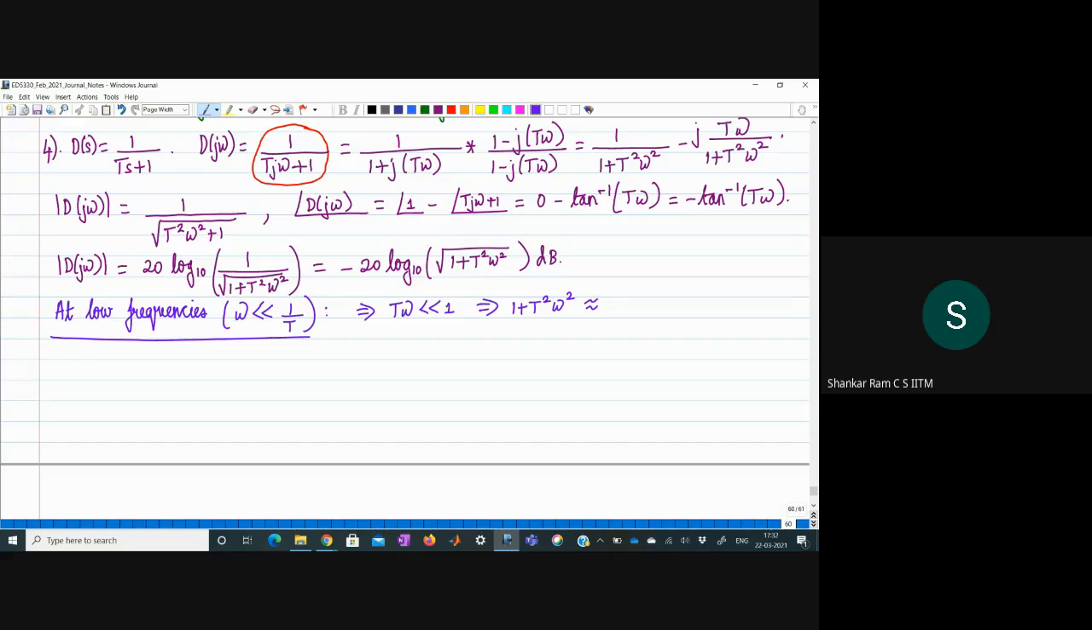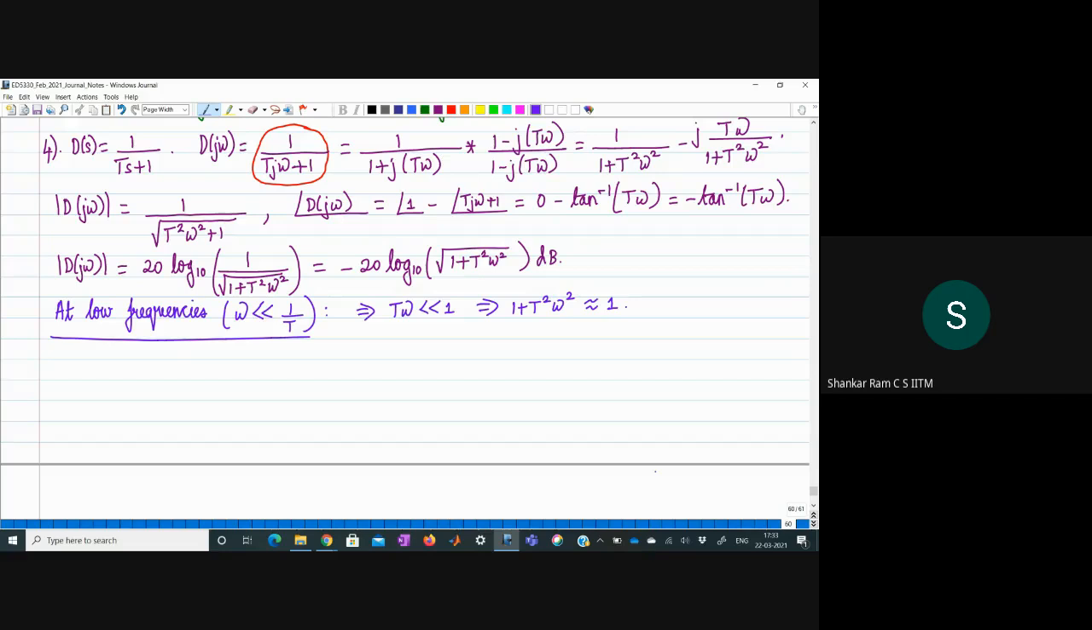So let's say t omega is 10 power minus 2. The square of that is going to be 10 power minus 4. Let's say you add 1 to 10 power minus 4. What will be the result? Close to 1. It is going to be close to 1, right? So you can immediately see that at low frequency, we can approximate 1 plus t squared omega squared to